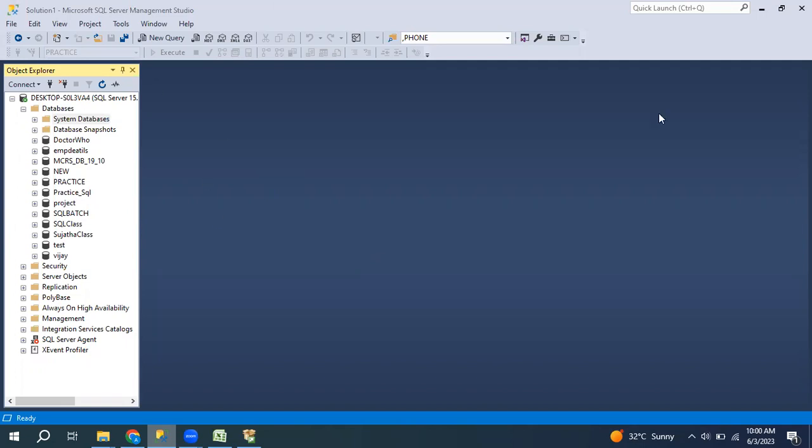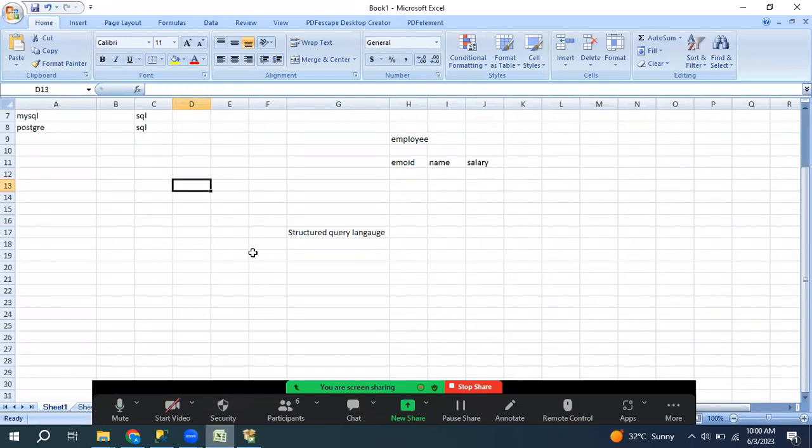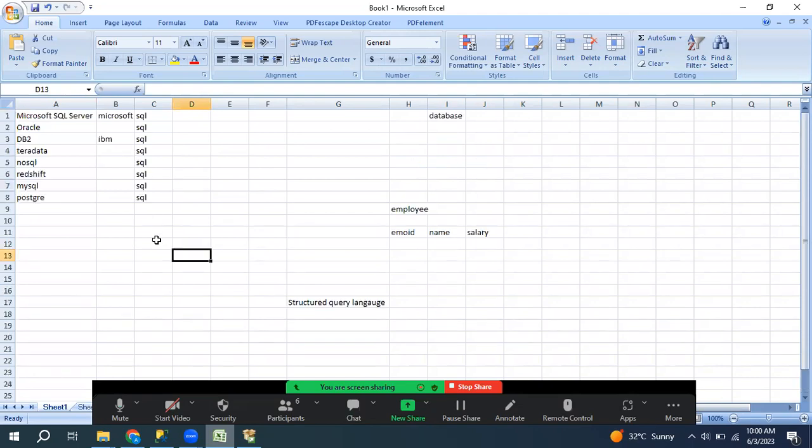So once it is installed, we can open this one. Then, in the very first class, shall I start the class now or from tomorrow onwards? Initially, you guys will install this, because you need to practice. So we will download this after the class. Okay, shall I explain now.